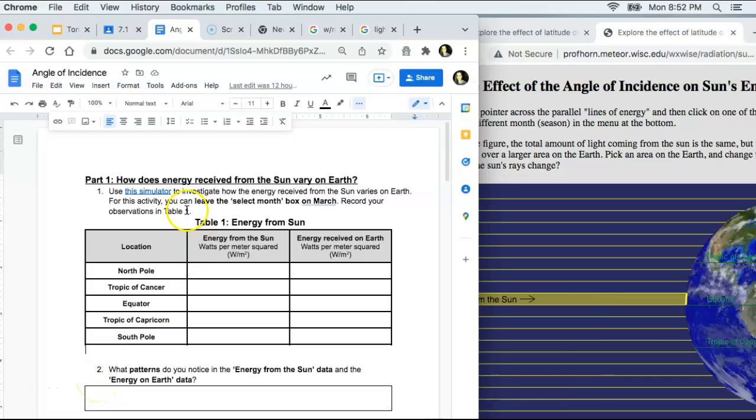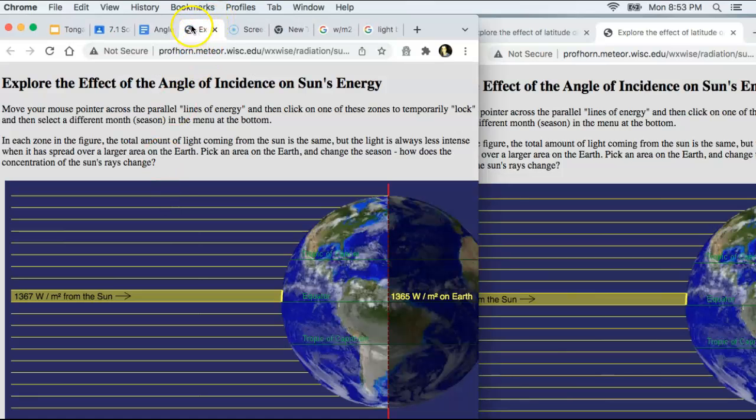So for this assignment, we're going to use this simulator here to figure out why the equator is generally warmer than as you move to the North and the South Pole. It generally gets cooler. So to figure out that temperature pattern, which influences the precipitation pattern. So if we look here, we click here, we're going to get this